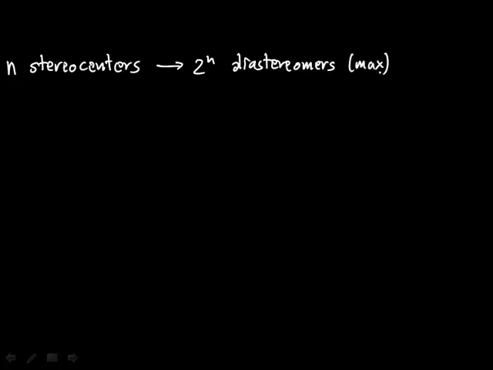When we started talking about diastereomers, we mentioned that if we have n stereocenters in a given molecule, we can have up to 2 to the nth different diastereomers. However, in some compounds, we don't get this maximal number of diastereomers, we get less. And this phenomenon is a consequence of the occurrence of the so-called mesocompounds, which are simply defined as achiral compounds